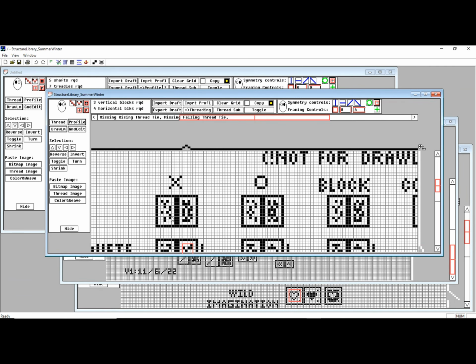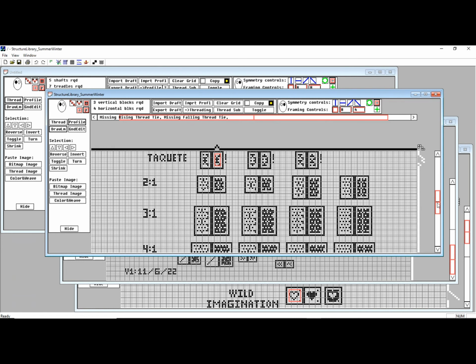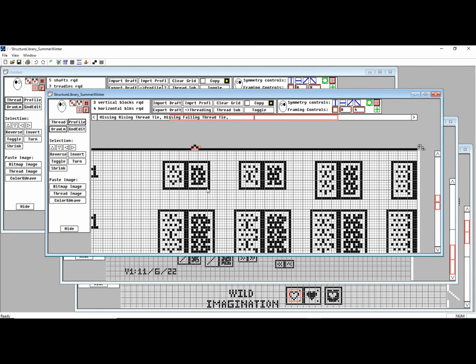Okay, let me pick up a summer and winter. When I look at the summer and winter patterns here, you'll notice the exclamation points. The only ones that won't work for a drawloom substitution are going to be the 3 tack-a-day structures. So let me zoom in on one of the other ones here. And if I want to copy this guy as the pattern,